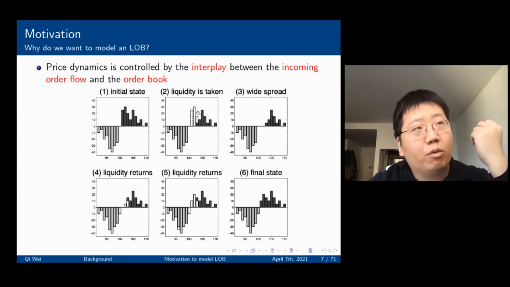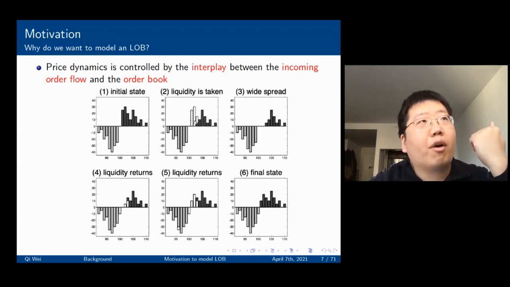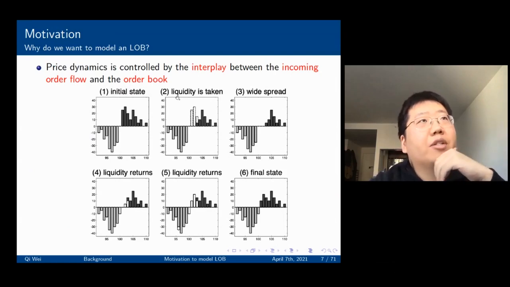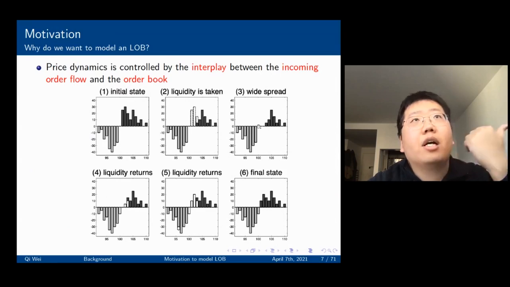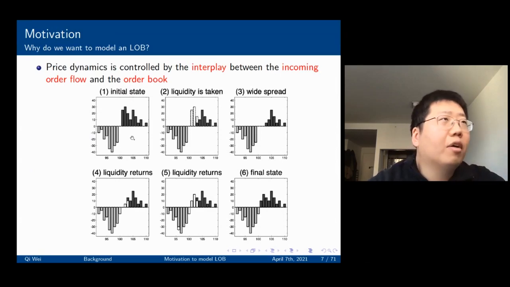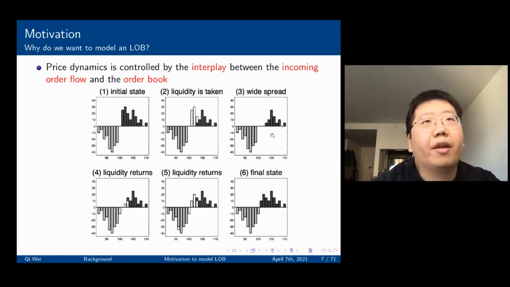and then we decide to deplete some of the most recent, most aggressive selling orders, and you can see this part is taken. So this part is filled or depleted by the orders from the other side. We say the liquidity is taken, and then the spread becomes much wider than before. I want to give you some numbers. At the very first stage, the mid price is around 100. And after this liquidity is taken, you can see the spread is much wider and the mid price goes up